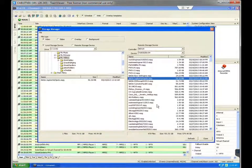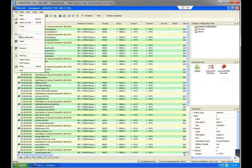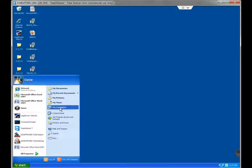Now that the file is on the hard drive, I can then take this file and copy it to an offline media like a thumb drive or DVD disk. We can't do it in this window. We'll have to close this window first and go directly to the Windows File Management System in order to make that final step. So let me close this first, then I'll close the WinLGX software, and using the start function, hit My Computer,